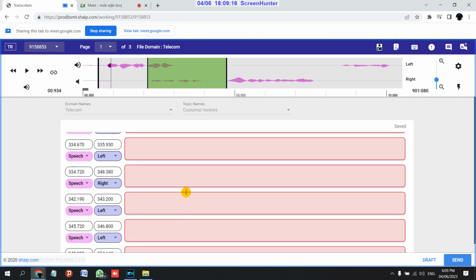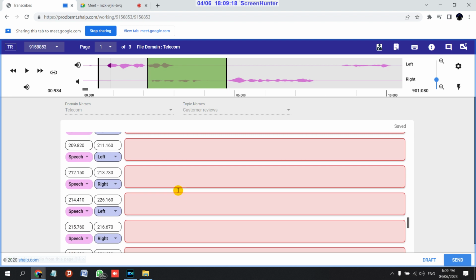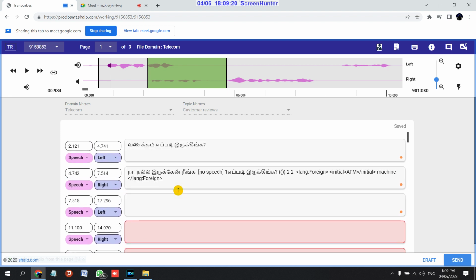Meaning what I am saying is, I'll just scroll up. Yeah. Suppose you are seeing 2.121 to 4.741. The left speaker's duration is this. Then you have to check the third segment. The third segment should not be coming like 4.651. It should be more than 4.741. But you should see that